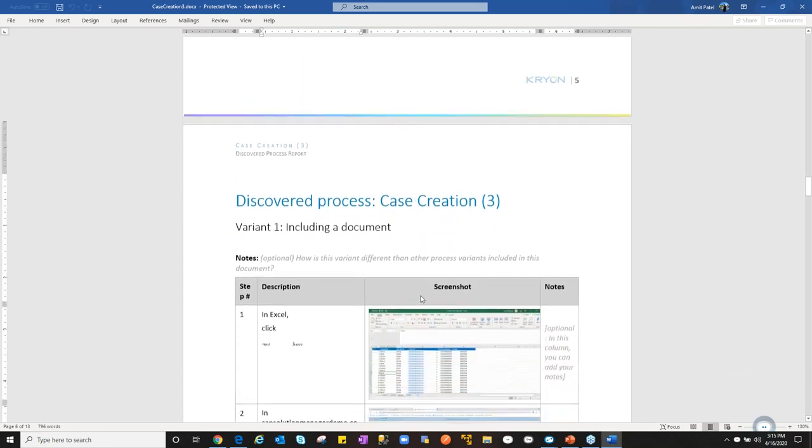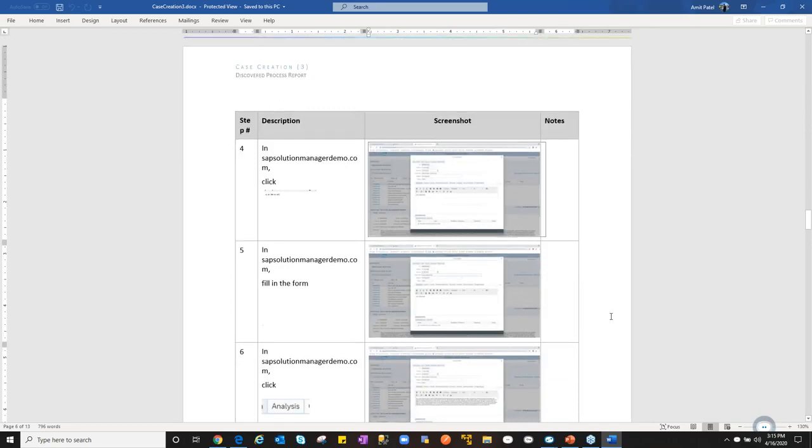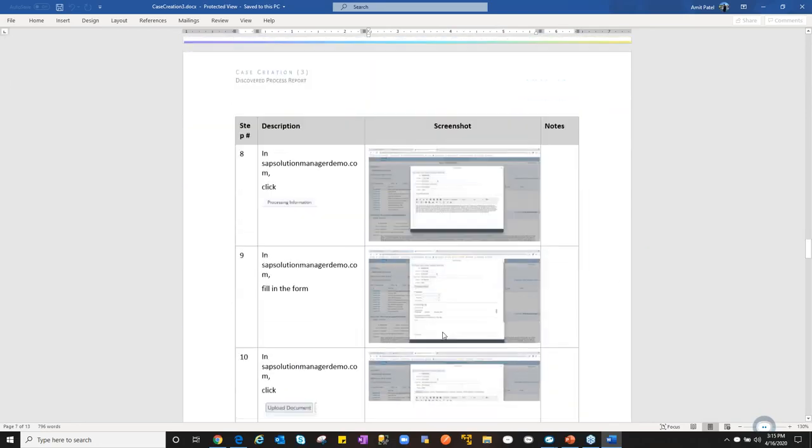Now we have that process documented here along with images, along with the objects, down to that click level once again. So right now you can take this document and hand it down to a developer's desk and they can build an automation, right? A lot of that time that we spend is now even being automated through this approach. We have one variant listed. We can include our different variants if we deem them worthy for implementation. We won't go through all of this, but just like we saw before,